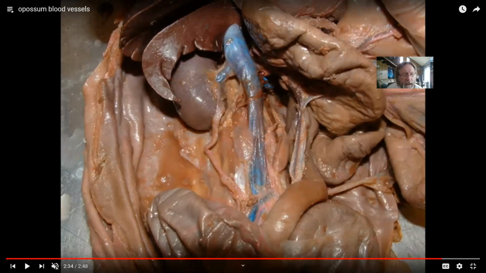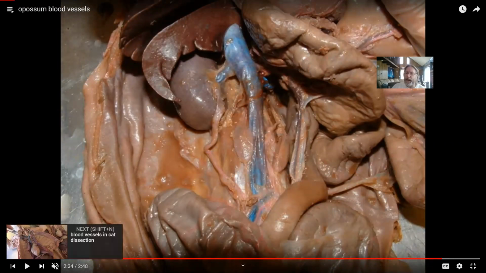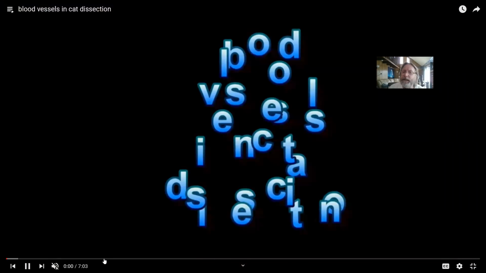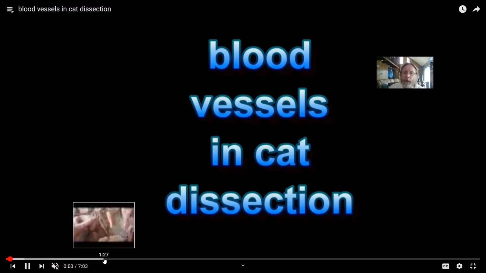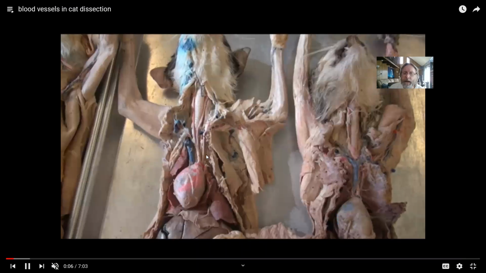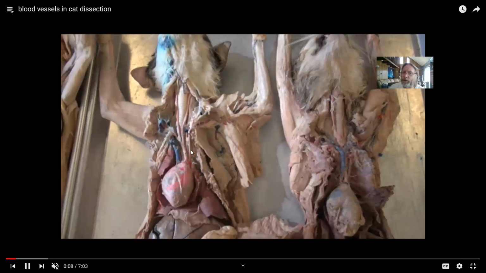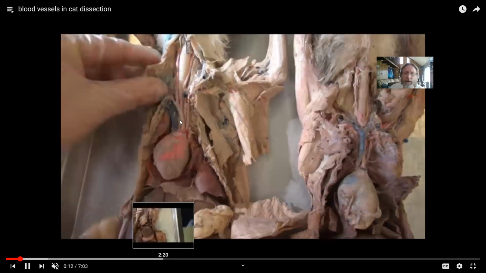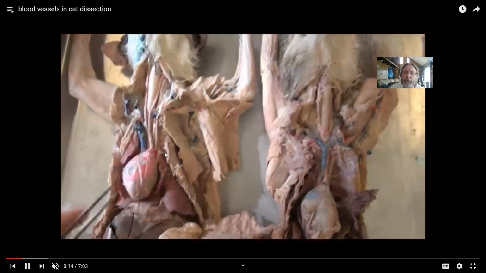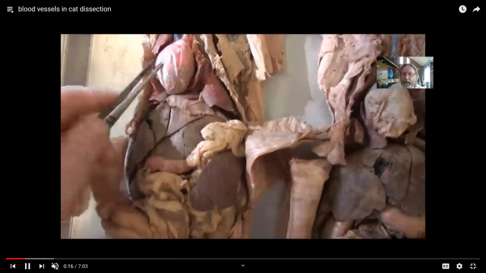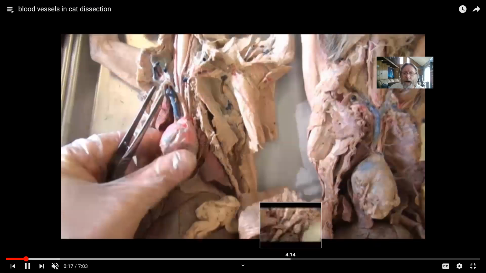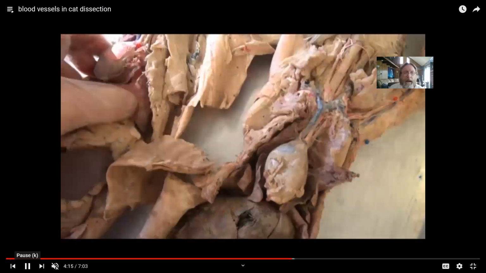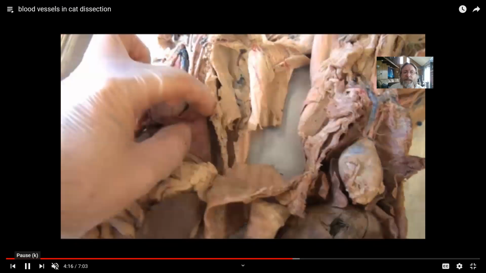In cats, the situation is similar to that in humans, in that the left subclavian artery going to the left arm does not come off the brachiocephalic trunk. So just like in humans, the brachiocephalic trunk exists on the right side only, so that the left subclavian will come off the arch of the aorta, and the right subclavian,